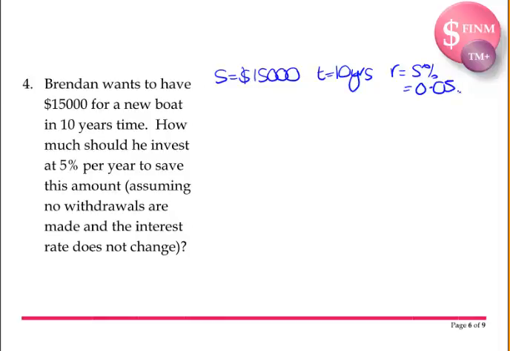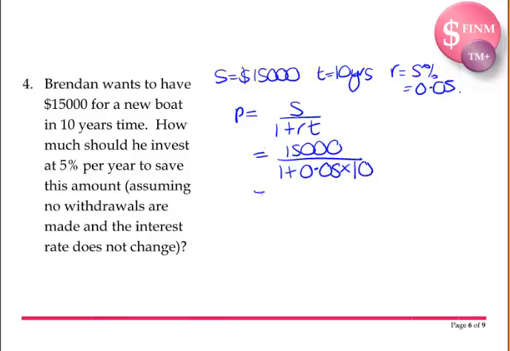Now in this case, we need to use a formula that we covered before, the one that I rearranged. If you didn't remember that formula, you could write it out, but I'm pretty sure it's given to you in a test. So in a module test, you can refer to it from your book anyway. So that formula was P equals S over 1 plus RT. Plugging in what we've got, 15,000 over 1 plus 0.05 times 10. Plug that into your calculator and you end up with